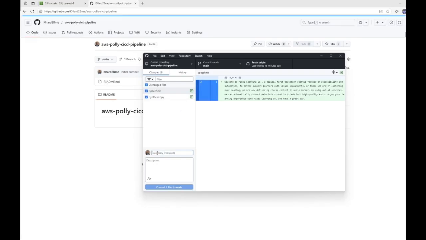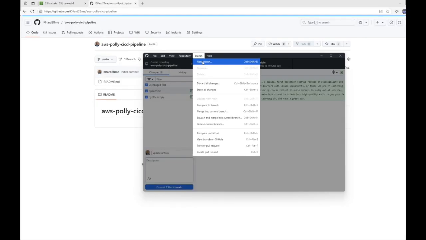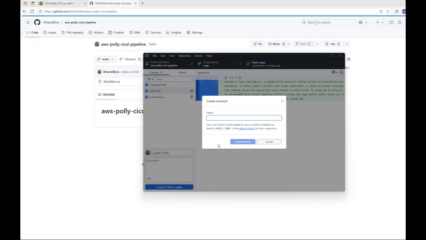So let me come here to the summary. Update our files. All right, so we're going to branch. We're going to create a new branch. I'm going to name this